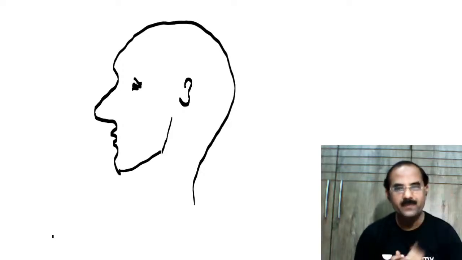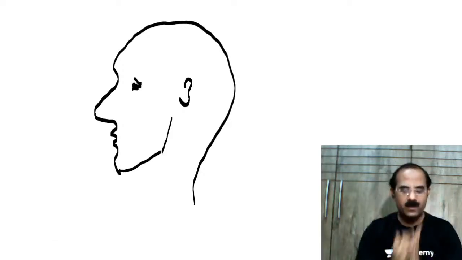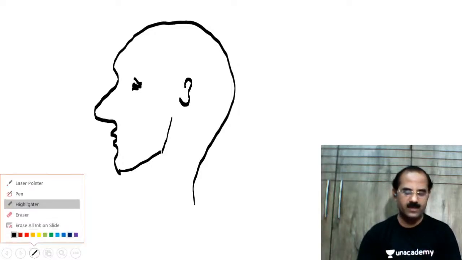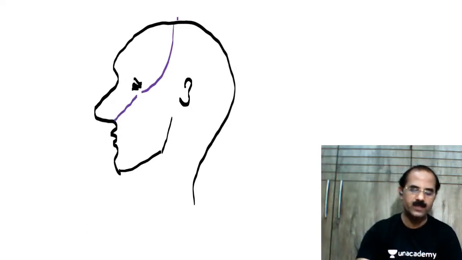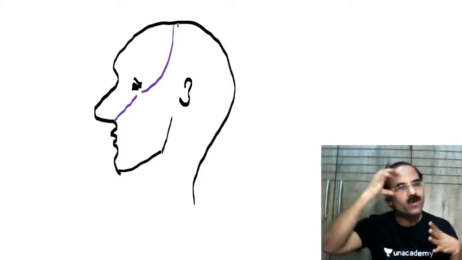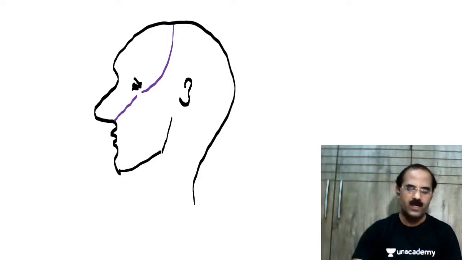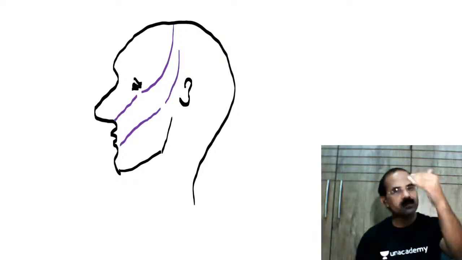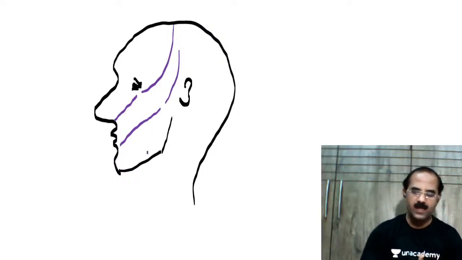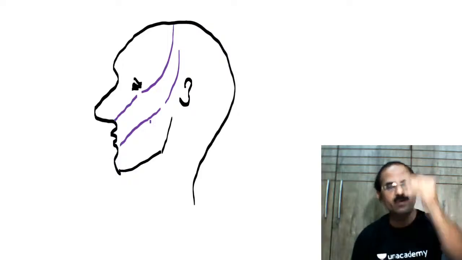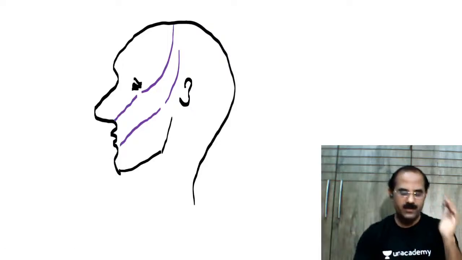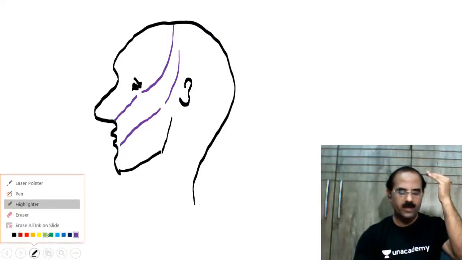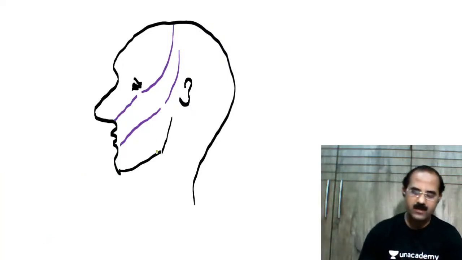Very good, Mona. The entire face sensory supply is by the trigeminal nerve. There are three branches of the trigeminal nerve which supply the face. This part is supplied by the ophthalmic division, this part by the maxillary division, and this area by the mandibular division of the trigeminal nerve. That means the entire face is supplied by the trigeminal nerve through its three divisions: ophthalmic, maxillary, mandibular, except